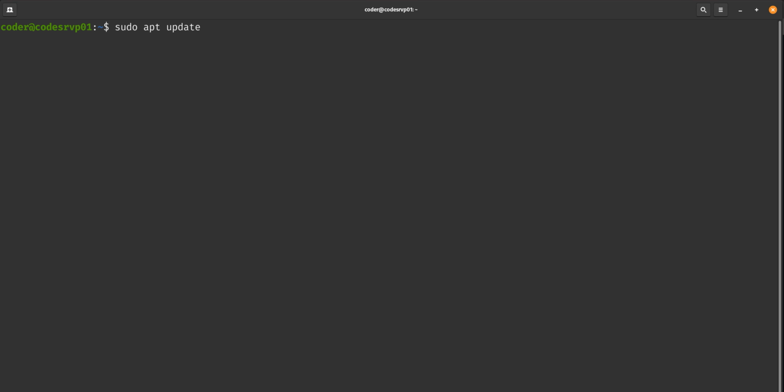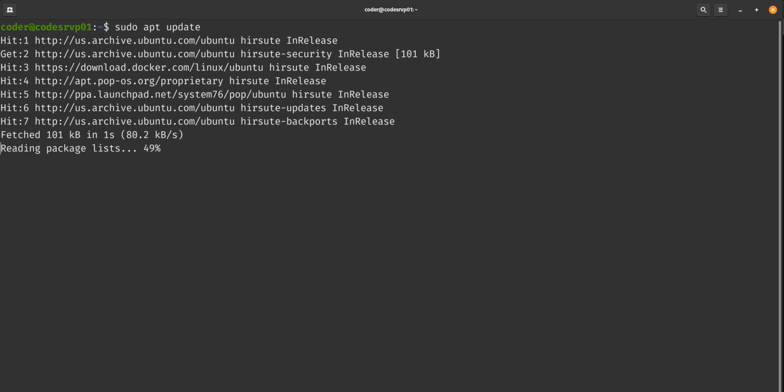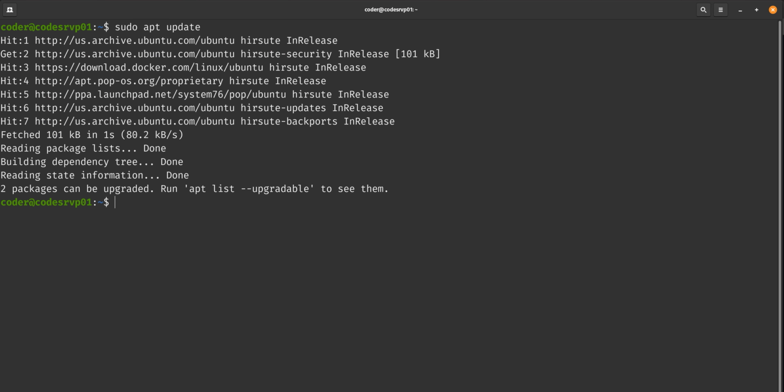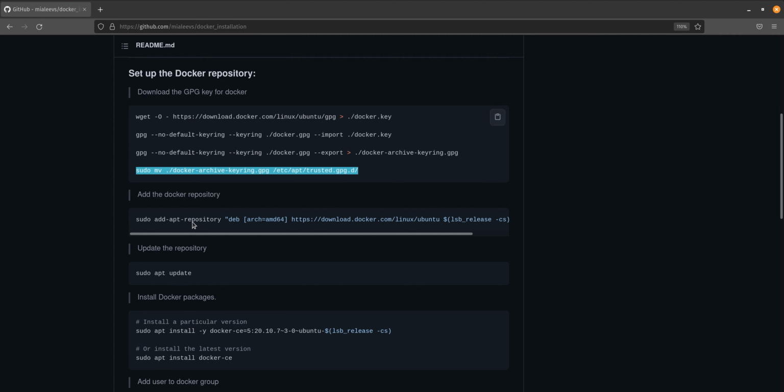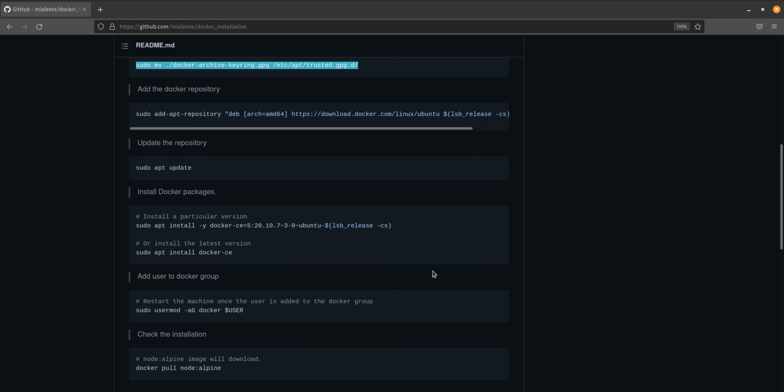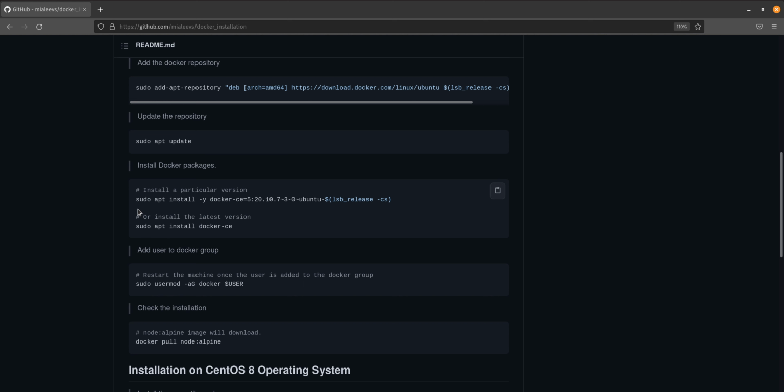I'll update the repositories completely once again. Now we can go and install any particular version of Docker, or we can get the latest version.